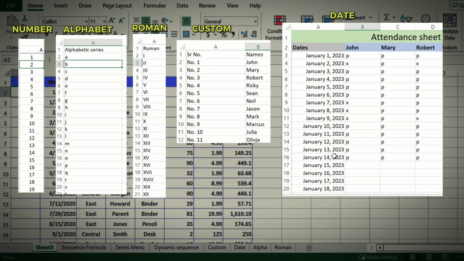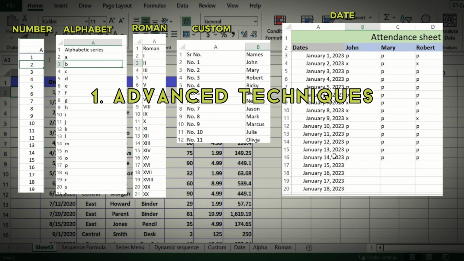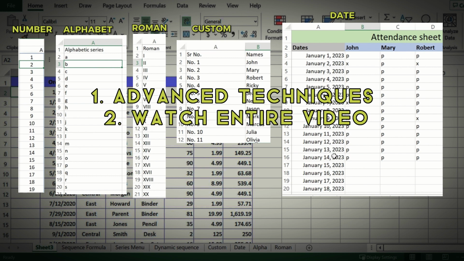In this video, we will understand each of the sequences that you are looking at on your screen and various techniques of generating these sequences. You might already know a couple of ways, but there are some advanced techniques to automatically generate some specific sequences which would be time consuming to generate otherwise. There will be small but important details during the video here and there, so make sure you watch the entire